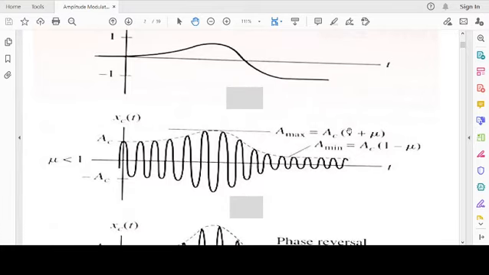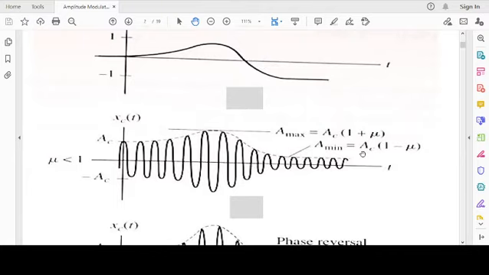Now you see, when we do amplitude modulation, when we multiply by the carrier AC, the minimum value now goes to -AC, and the maximum value goes to +AC. This is for the choice of regular modulation scheme, or the modulation constraint satisfied scheme, mu less than 1. You see, this is the carrier frequency. Maximum value of the modulated signal is AC (1 plus mu). Minimum value is AC (1 minus mu).